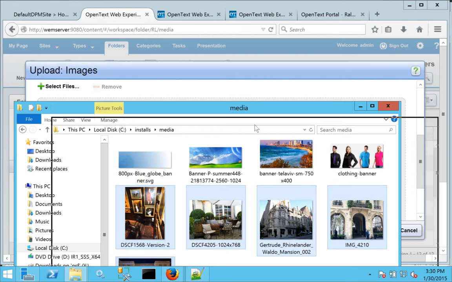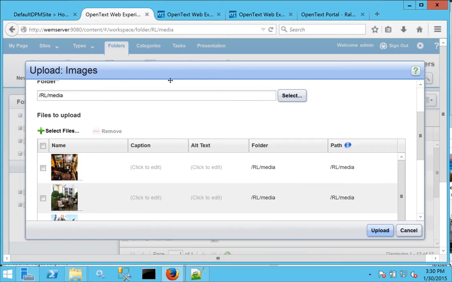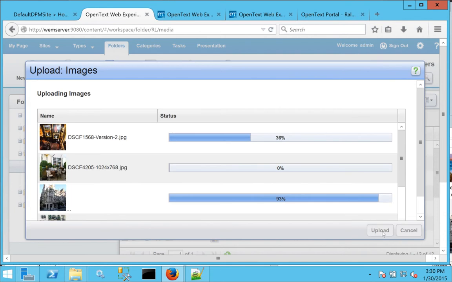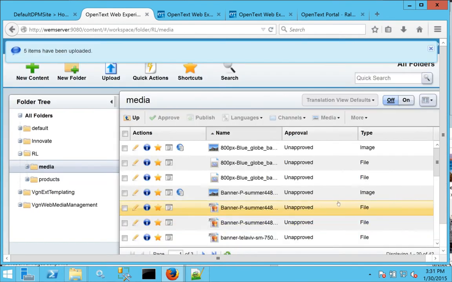And I'll drag and drop these over to the workspace. I can add appropriate alt text and captioning at this point. So alt text and etc. Otherwise, I'll just click upload. And those will apply the appropriate automations that will allow us to show content in a different way than are